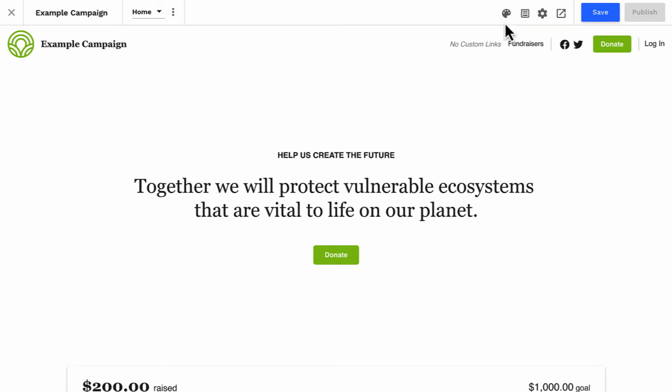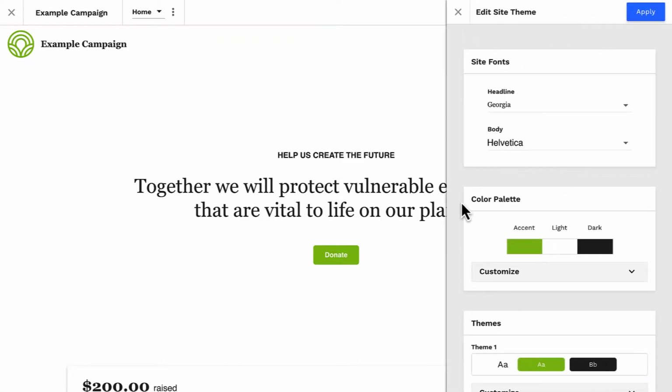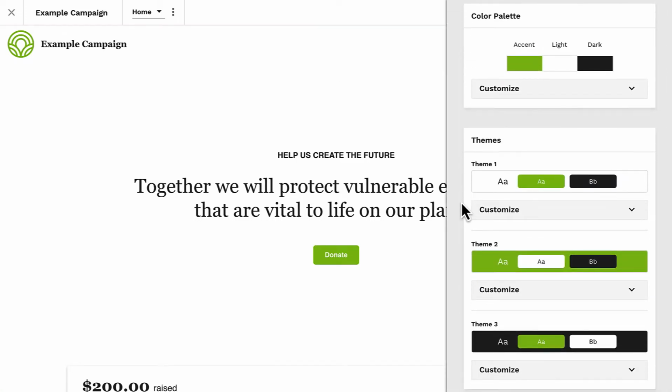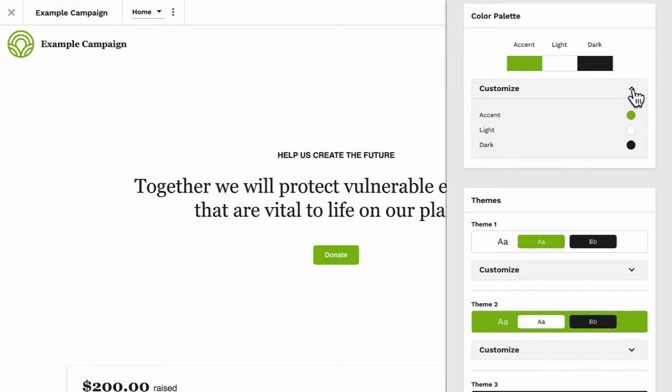Okay, let's jump back into our theme editor and learn about our site's color palette. Your color palette is very powerful. This is where you can set your primary brand colors that can be applied to page sections in dynamic variations. It's very cool and we'll get there soon. To start, we'll just need to configure 3 color settings.